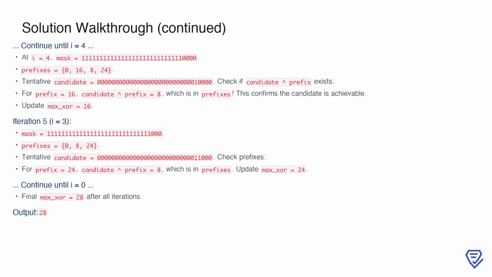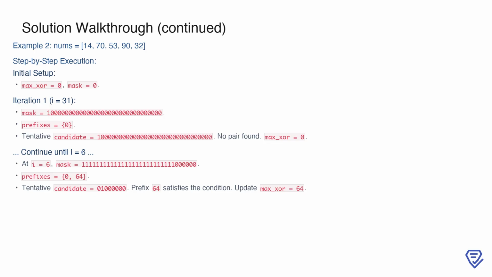As a result, we update max_XOR to 24. By continuing this process for the remaining bits, we eventually determine that the final value of max_XOR is 28 after the last iteration. In the second example, we apply the same approach but with a new set of numbers: 14,